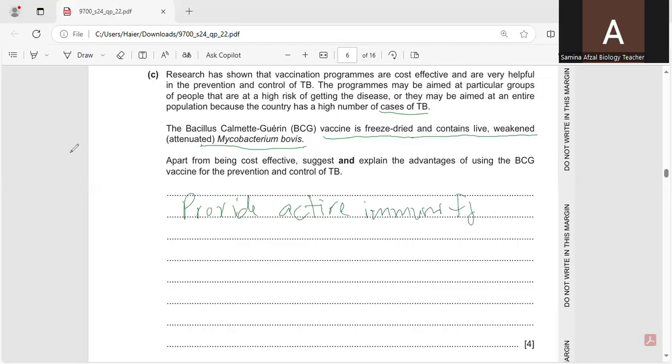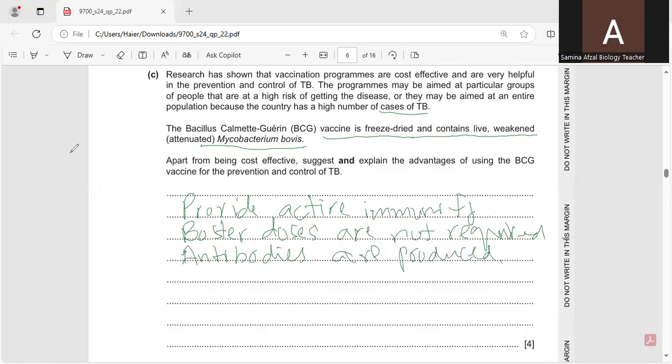They provide active immunity, and during these vaccinations, booster doses are not required during this process. And due to vaccination, the antibodies are produced immediately. Otherwise, when any microorganism enters into the body, the body will take time,